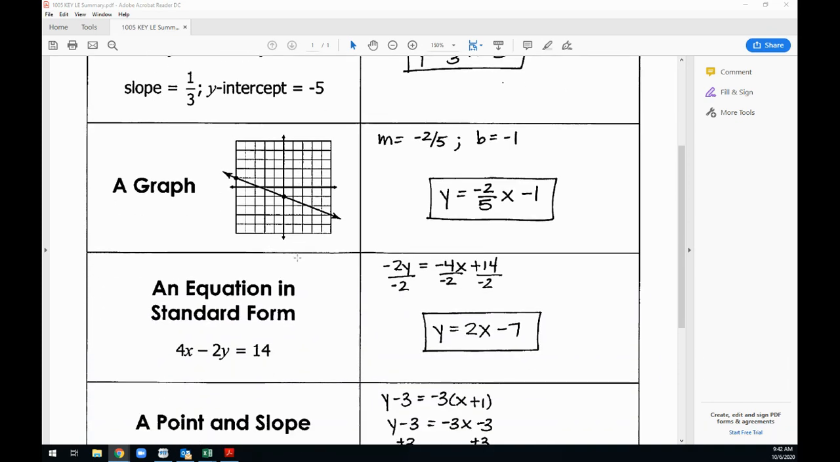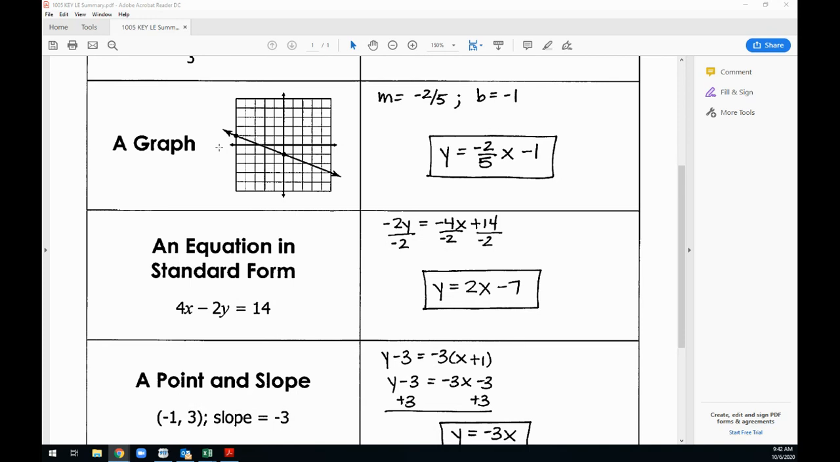If we're given a graph, even with nothing written, we can find the slope and the y-intercept from the graph and use that to plug it into the slope-intercept formula. So the y-intercept is right here, where the line crosses the y-axis. The y crosses at -1, and so we plug that into the formula there, and then we must find the